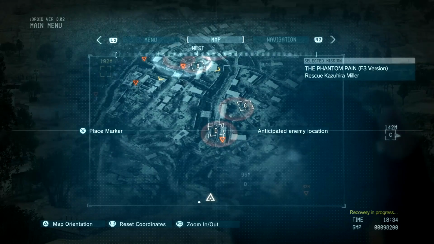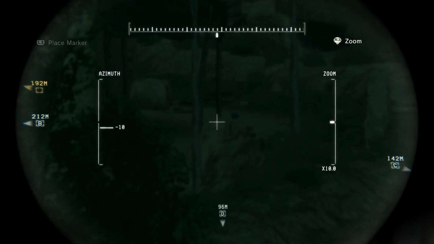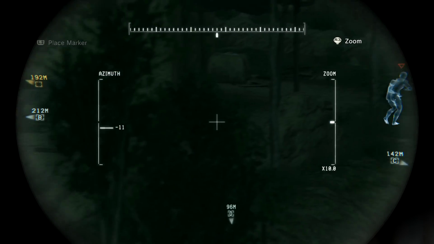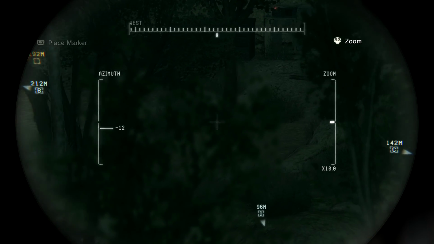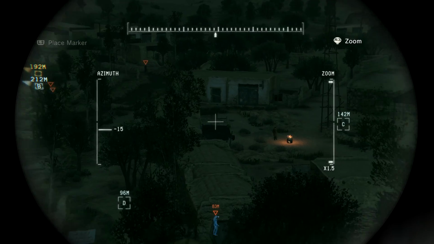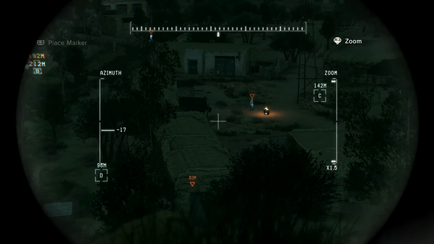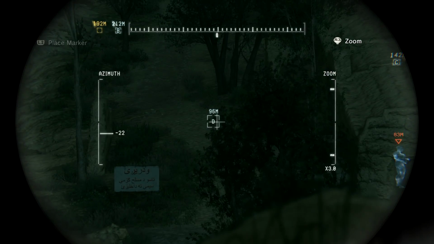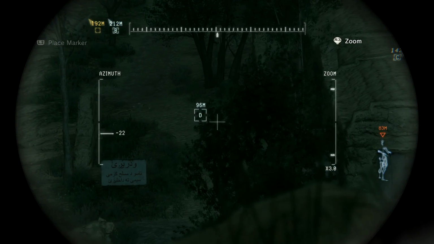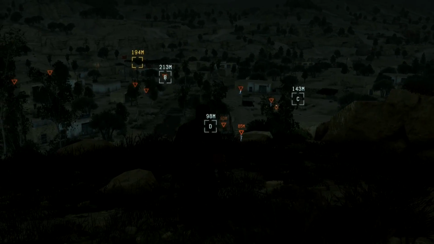Marker placed. Marker placed. And take a look with our binoculars. And sure enough, you see enemies entering these areas. So we'll go ahead and mark them as well. Okay, so we've gone ahead and marked all the enemies here, and note that the base is well guarded, so